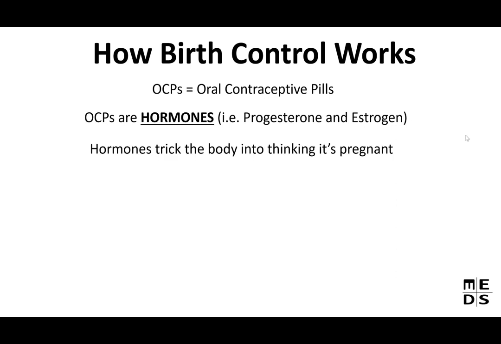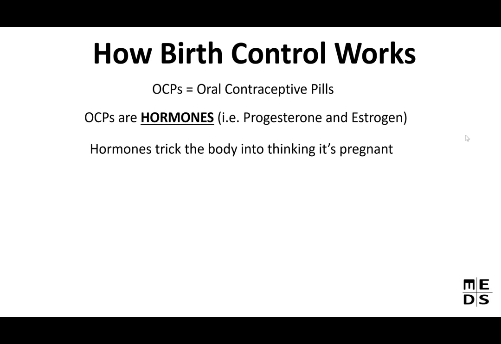So the way that this works is that the hormones trick the body into thinking that it's pregnant because, like I said in the past few slides, if you have progesterone around, that's going to support the endometrium and tell it that we are pregnant, and it's going to shut off FSH and LH. So the whole point is to have that negative feedback, which is the low to high rule, that if you have steroids, which are progesterone and estrogen, which should be produced from the placenta, meaning that you are pregnant,